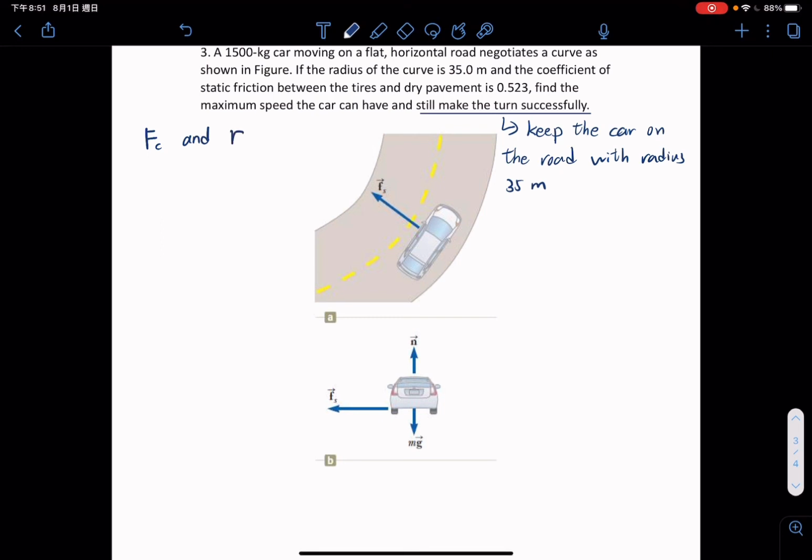Now r is equal to 35 meters. It will not change. And then what is the maximum speed v? As a result, we can write down the relationship